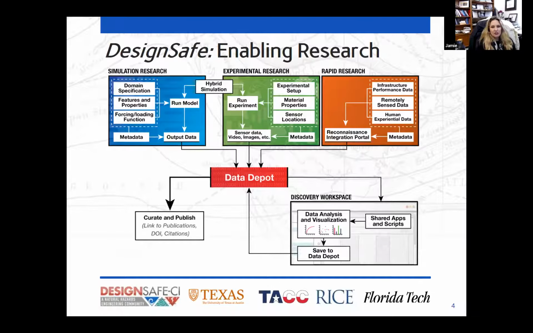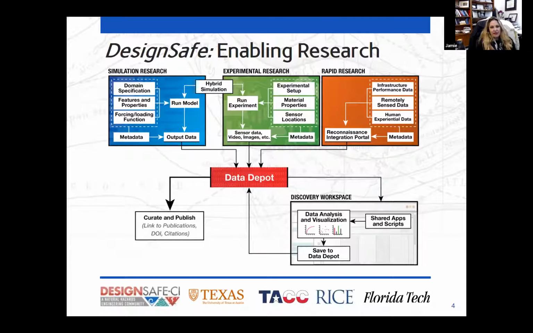Also, there's opportunity to leverage the CI to support experimental work or rapid and field reconnaissance work. And one of the major hubs of the cyber infrastructure is this data depot, through which we can store, share, and publish data sets emerging from these different types of research.